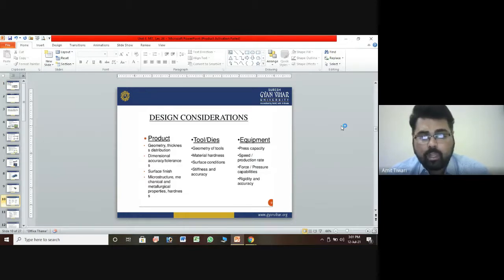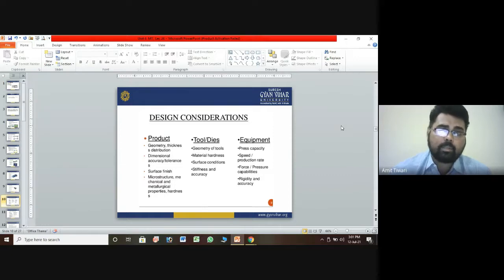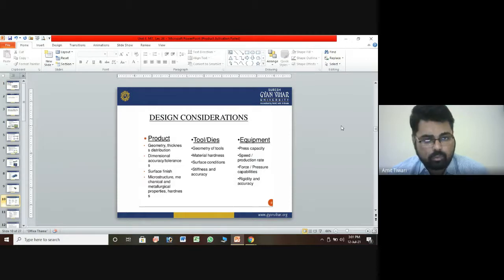that you can find out with the help of the material's internal microstructure, because high pressure is applied, so there may be a chance that some structure will change, or some chemical or metallurgical property will change. To prevent this, you have to select the material accordingly. The microstructure or mechanical property you can identify by testing mechanical property, metallurgical property, or hardness, because high pressure is used. So these are all techniques we adopt for the geometry of the material.